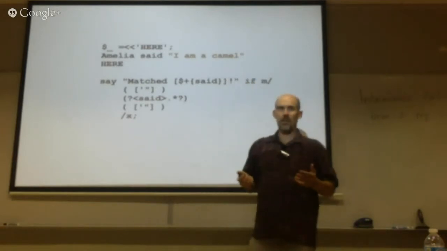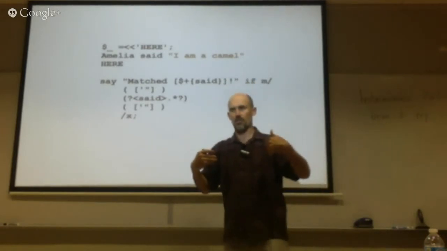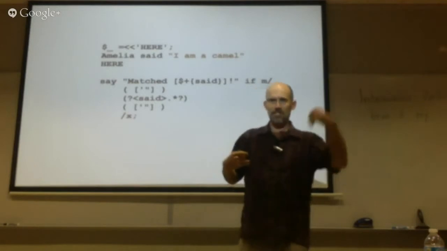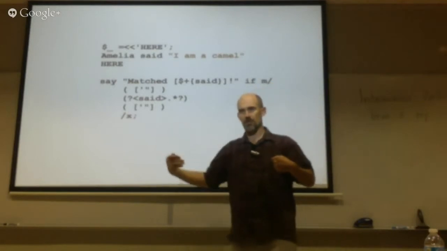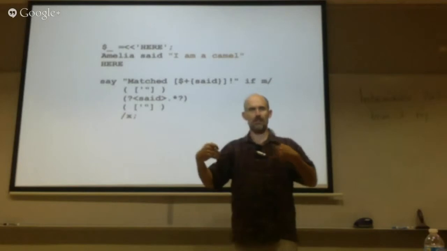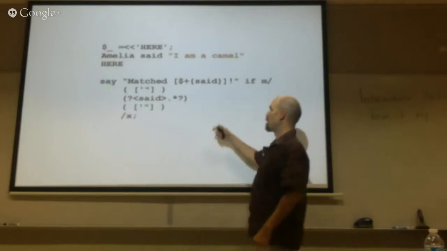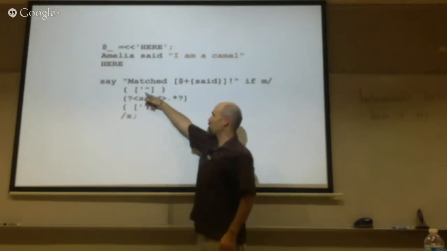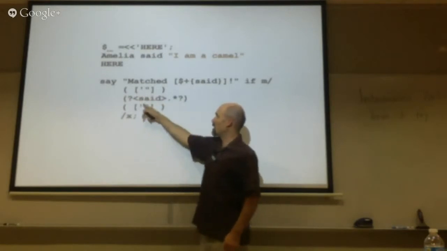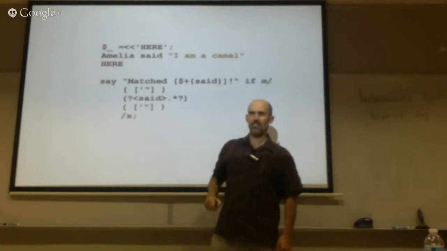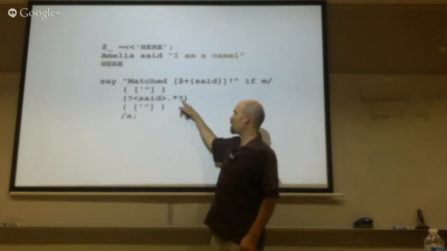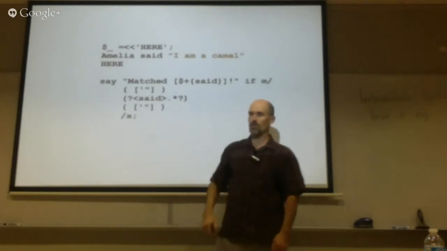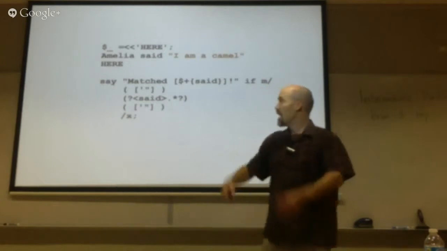Now, we can easily write a regular expression to pull out that particular quote. We only have one in there, and we know we start with a double quote, and then we go to the other double quote. But we're going to get much more fancy with this. So maybe I'll write something like this. I want to match something that is either a single quote or a double quote, and then I'm going to have this named capture here instead. I'll just match all the stuff non-greedily up to the next thing that is a single quote or a double quote. Okay? And that's fine.